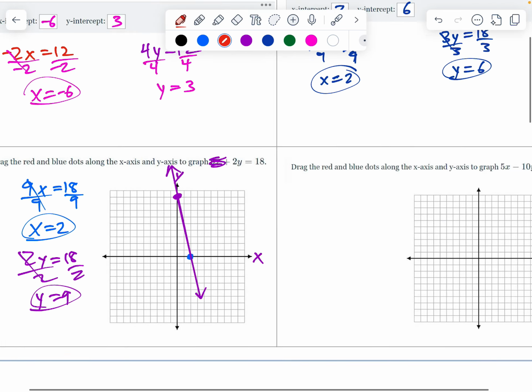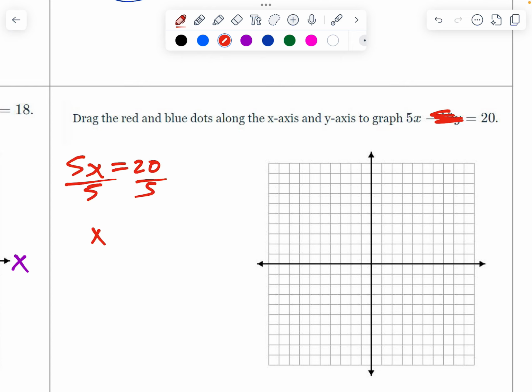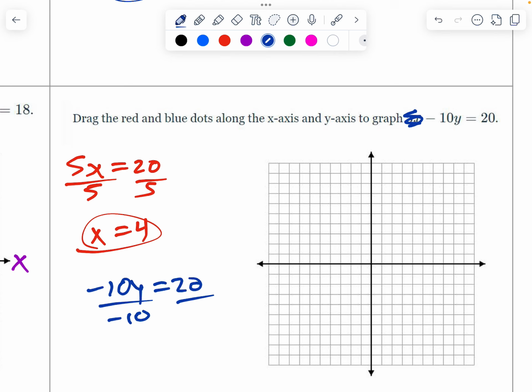Okay. So the last one, same thing. We have cover up the y. That's 5x equals 20. Divide by 5. X equals 4. And then same thing for the y value. Cover up the 5x, that's negative 10y equals 20. Divide by negative 10, that's y equals negative 2. And so again, when I